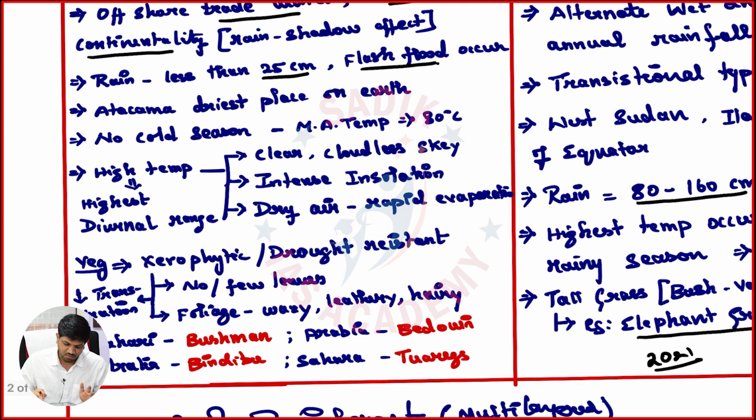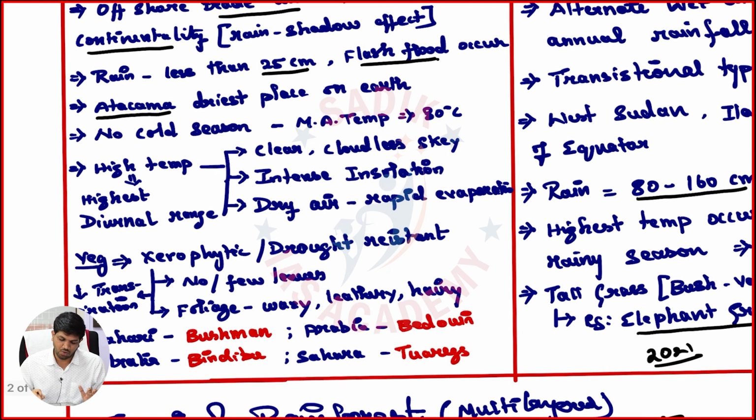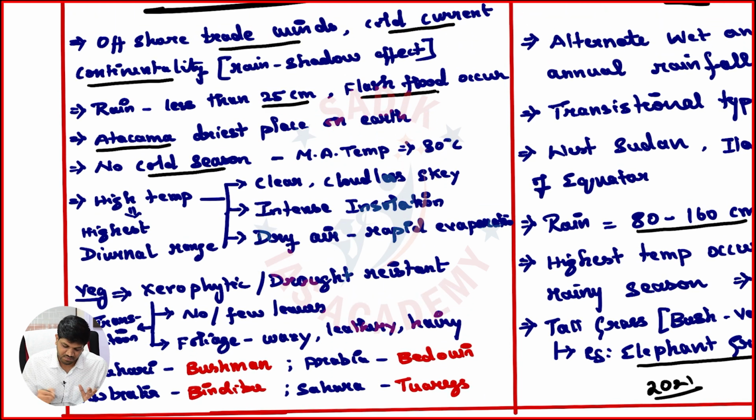And one important GK with respect to desert is that Atacama Desert is the driest place on earth, and no cold season is there in the desert, friends, and their mean average temperature is 30 degrees Celsius. Why is it so hot, or why is there so much heat in the desert? Because the deserts have a clear